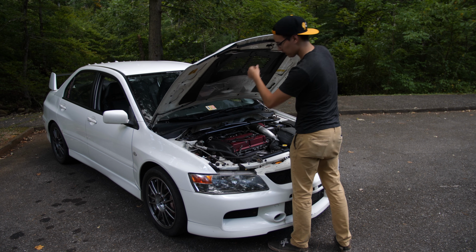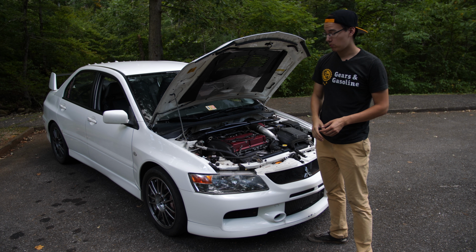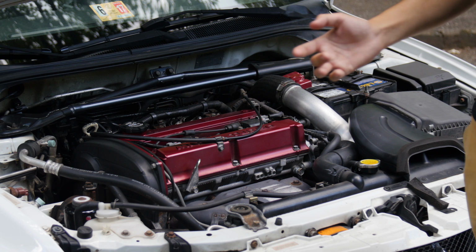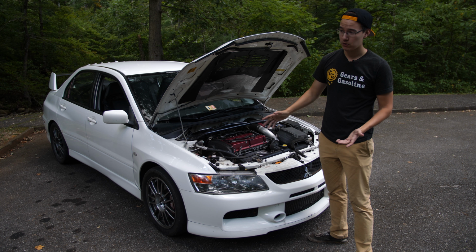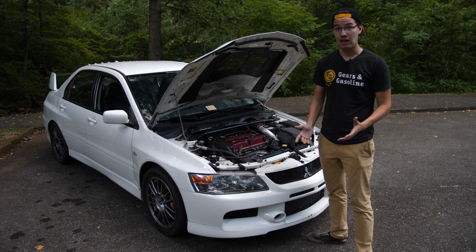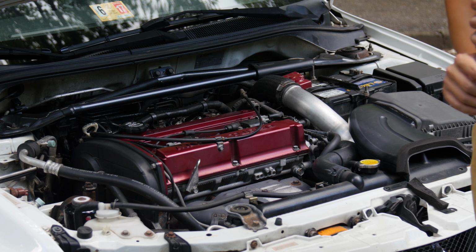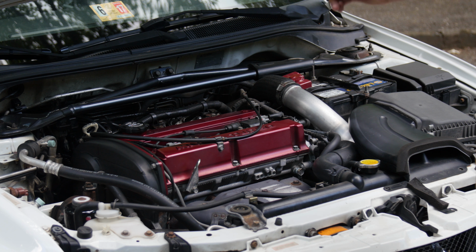Okay, now we're going to look at the engine. And this is Mitsubishi's famous 4G63. This engine was used in cars all the way back to the early 80s, and it was used in all of the Evos all the way up until the Evo 10, when it was finally replaced by the aluminum block 4B11. The 4G63 has a cast iron block, forged steel connecting rods, aluminum piston heads, and only on the Evo